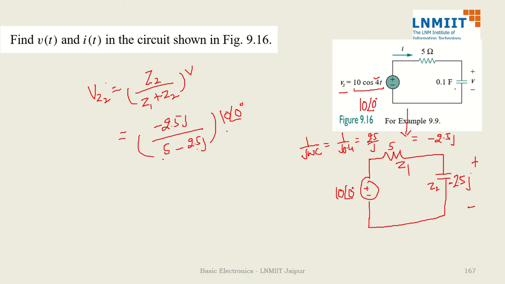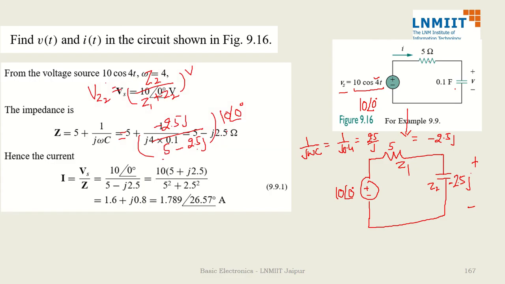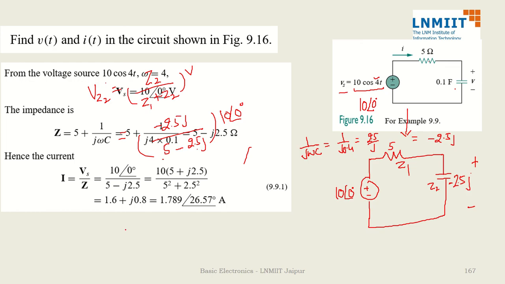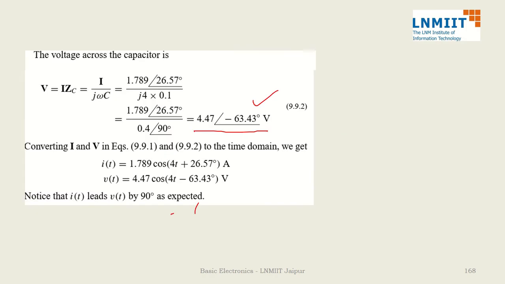Now take out your calculator and do this calculation, and we find that the voltage or current, anything that we ask, can be calculated. So voltage will come out to be this and current will come out to be this. All these things are exactly the same as in linear circuits. The difference is, instead of real numbers we have complex numbers.